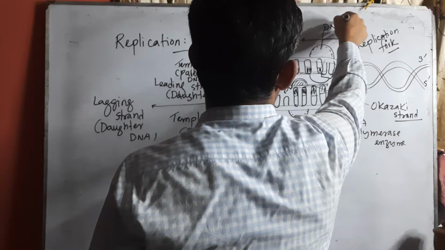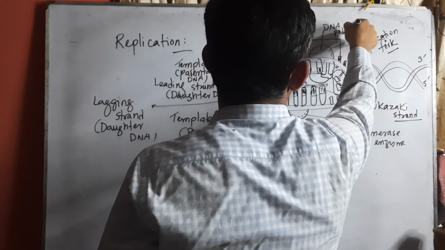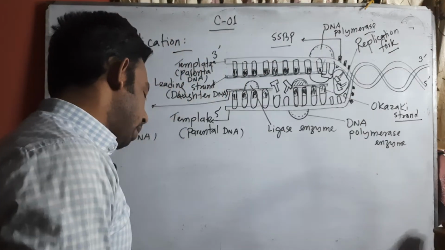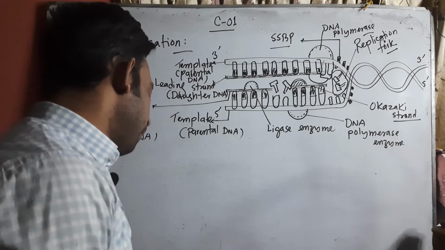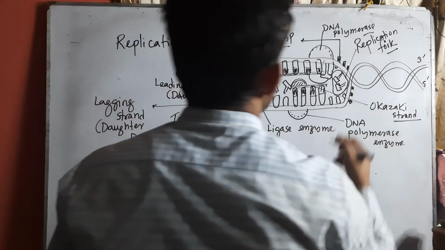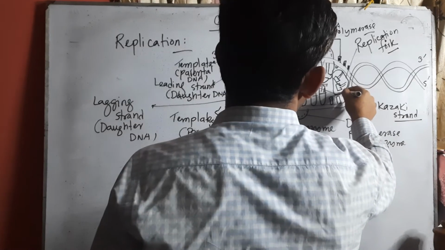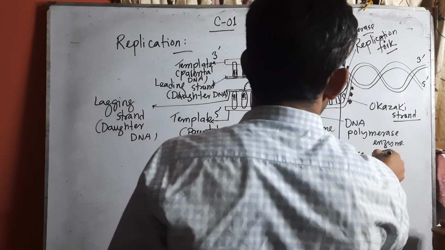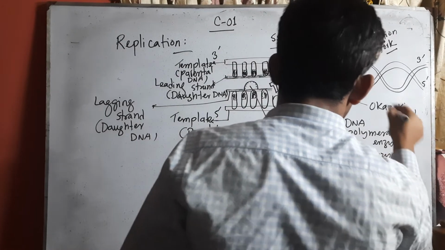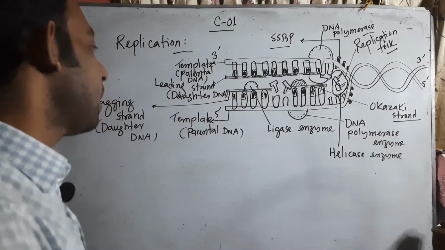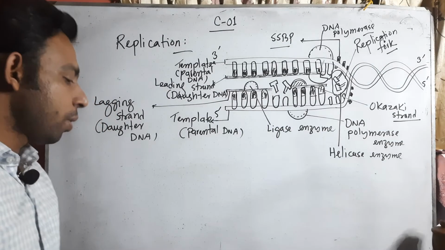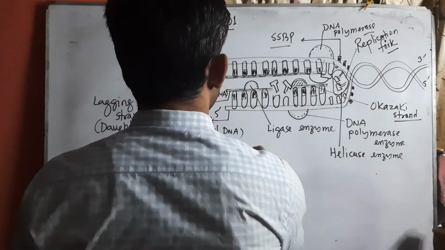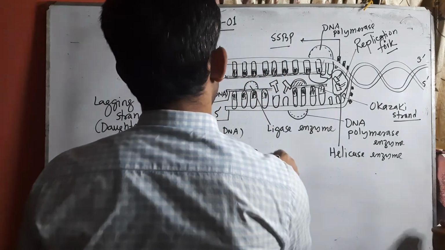What we actually keep in mind for DNA polymerase, this one is also an important part to know. And also here in the replication fork, there is some enzyme, that is helicase enzyme. So these are the common parts to know in the figure. Of course you will mention there the figure of replication,